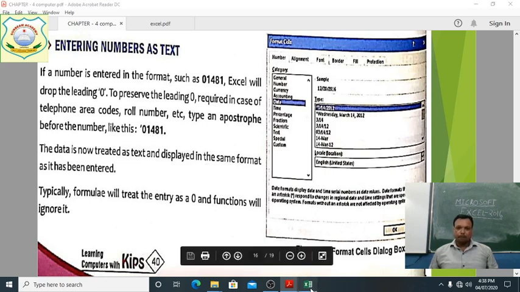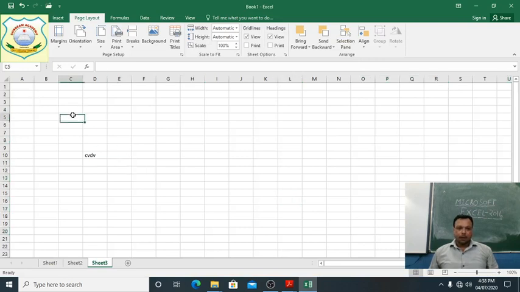See this, everyone. Suppose here we have written 04561. This is a number. The 0 is not shown. Okay. If you want to keep the 0 before 0896, what do we do? See this, the 0 is also there.